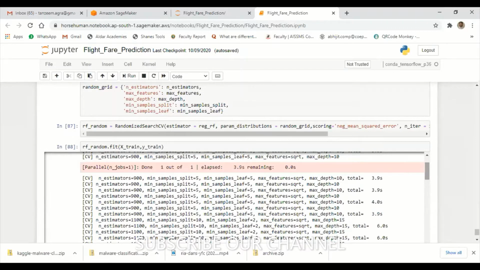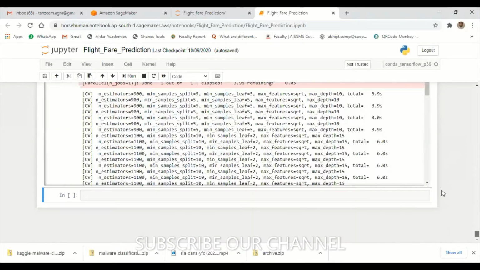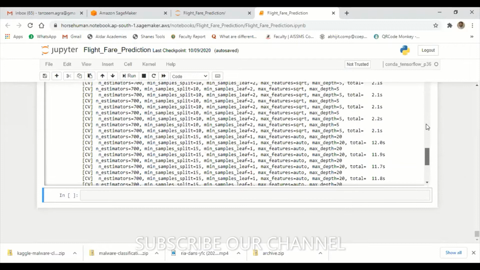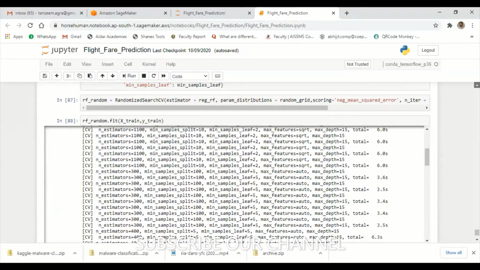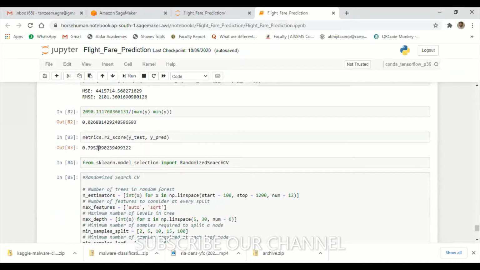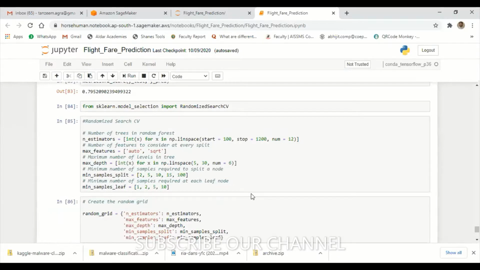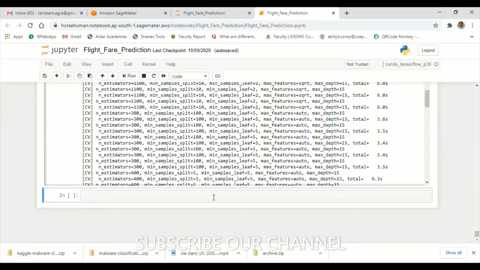Anyway, the complete algorithm is ready. Now we have to convert this into our model. Let's see how much accuracy it is giving. In the last session we got around 79% R2 score. Can you see this, participants? Then we thought of hyperparameter tuning, so we did hyperparameter tuning as well. Let's see how much accuracy we get from this. Let's start.